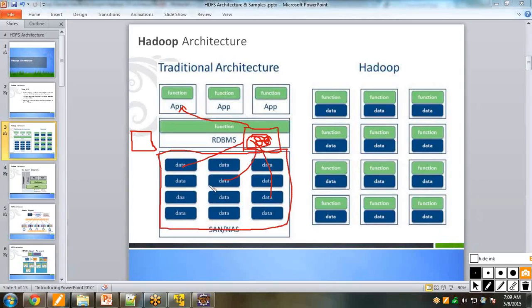That's when the systems fail. Storing is not a big deal. It's not a big challenge. It can be accommodated. Only processing that huge data in one go, that's where the RDBMS will have limitations. So this traditional approach won't work. So in the Hadoop world, what is the approach is that